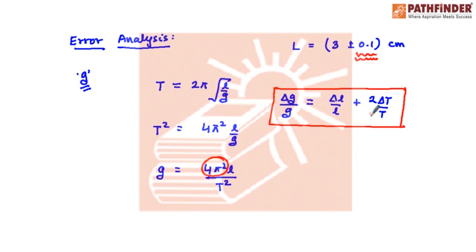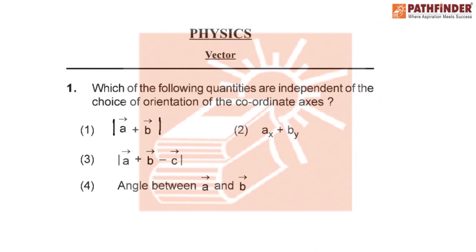So this is the entire idea or the basics, just done for your recollection, so that you can recall the theory aspects. With this we complete the theory part of the first lecture, that is vectors and error analysis. Let us deal with the more-than-one-correct type questions, which is the first segment of 10 questions. We are dealing with the first question.